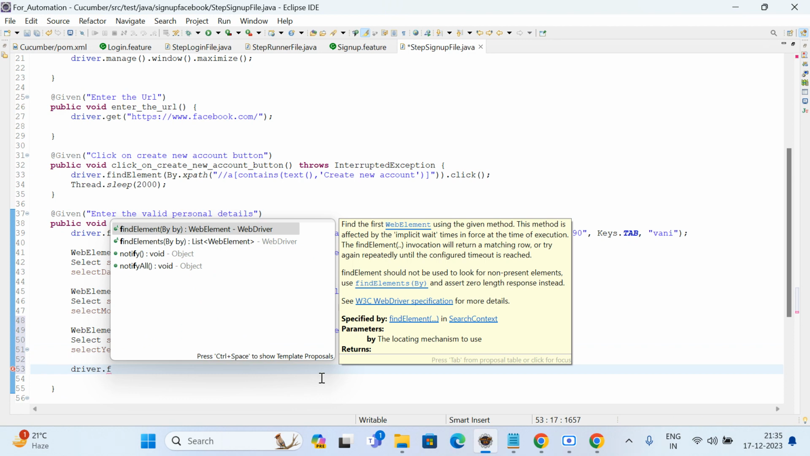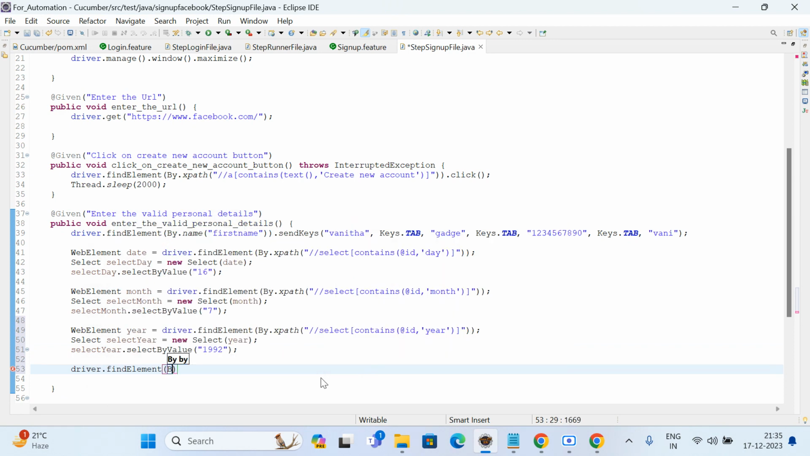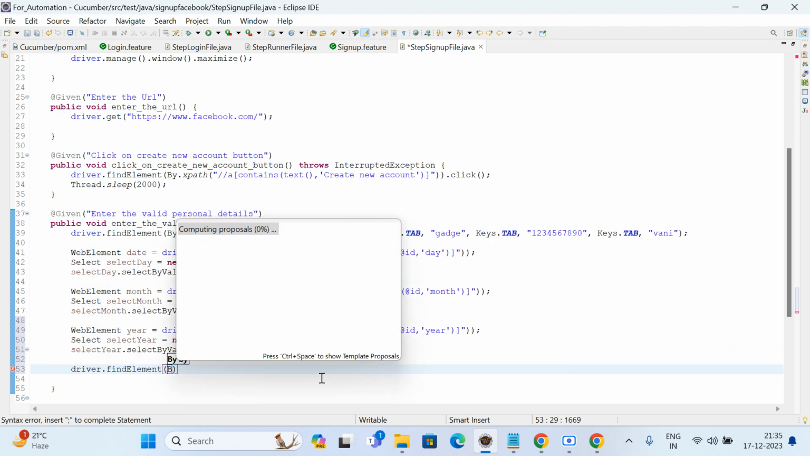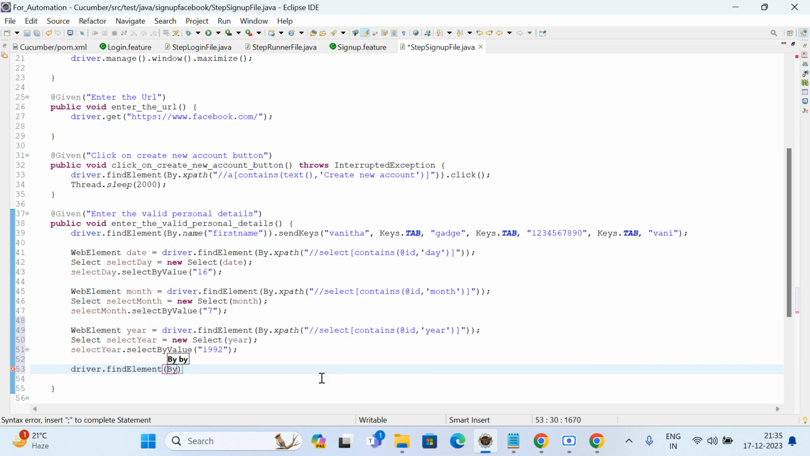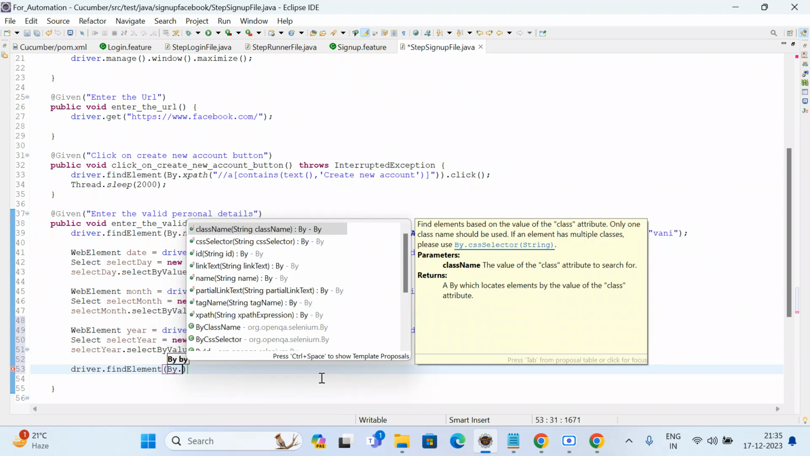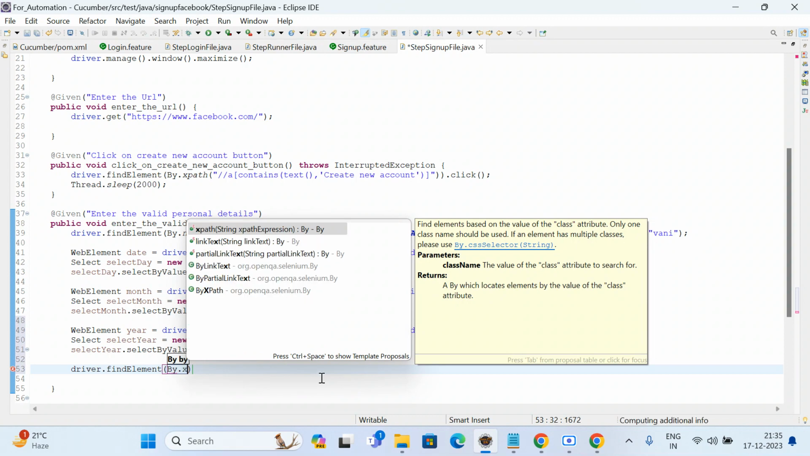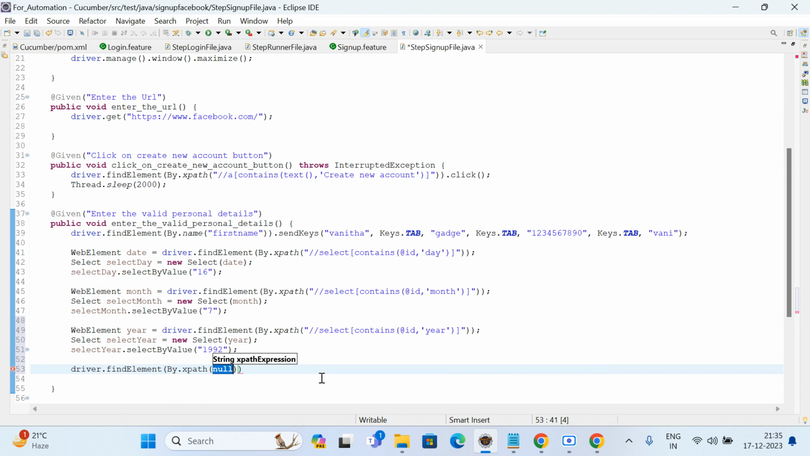driver.findElement, by control space, always preferable By dot. You can give it as an XPath, as it is a single web element. For buttons, radio buttons or checkboxes, it is always preferable to give the XPath. So By dot XPath in the double quotes